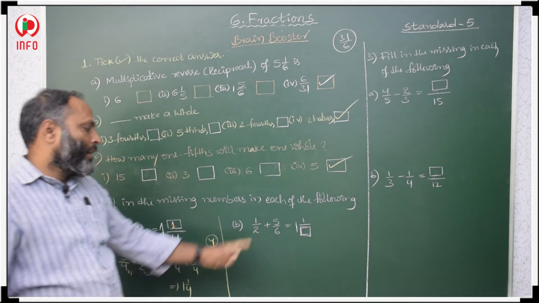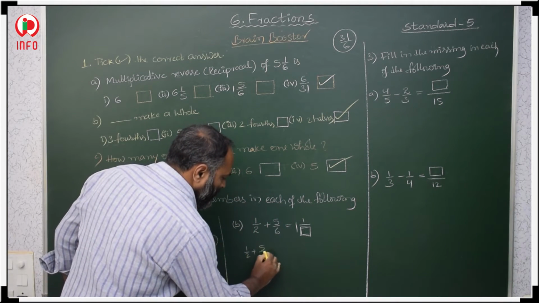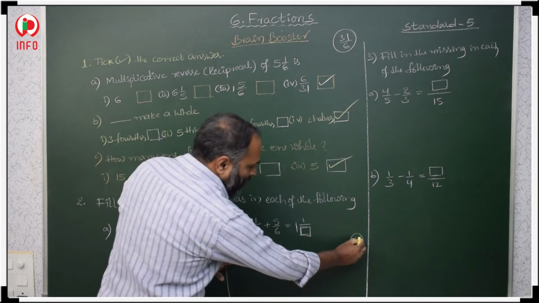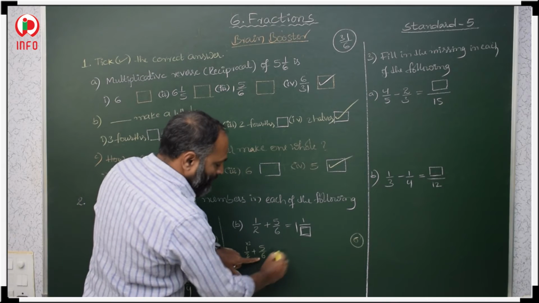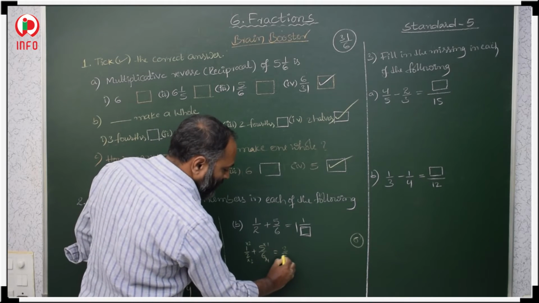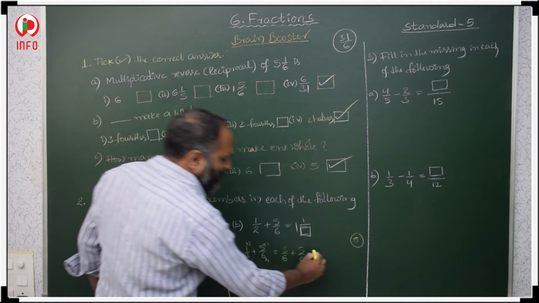Okay. Here also we have to add 1 by 2 plus 5 by 6. 2 and 6 LCM is 6. In 2 table, when will you get this LCM 6? 3s are, multiply by 3. In 6 table, 1 1s are 1, 1 3s are 3, 2 3s are 6, 5 1s are 5, 6 1s are 6. 5 plus 3, 8.